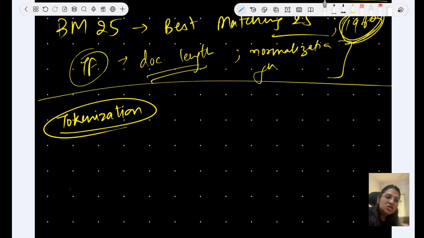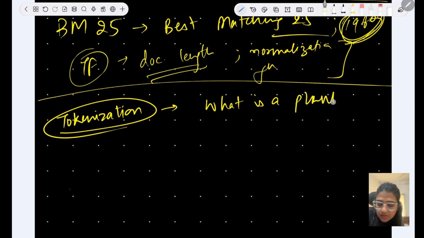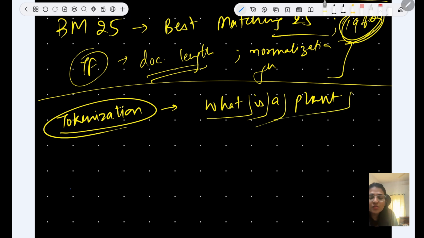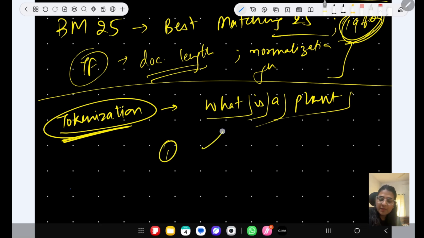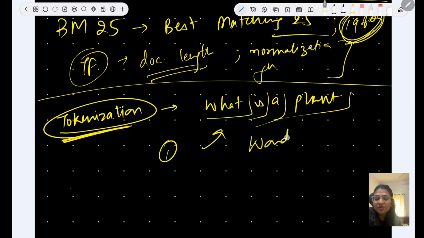So tokenization is the process of breaking a query into individual terms. Okay. So if you have any query, for example, what is a plant? This is broken down into different parts. So again, tokenization is the process of breaking a query into individual terms. ठीक है. सिंपलेस्ट मेथड जो अभी हमने करा है वो यही है कि हमने वर्ड्स को ही तोड़ दिया, मतलब